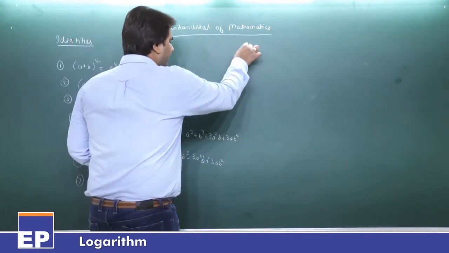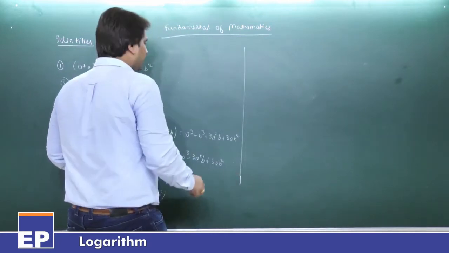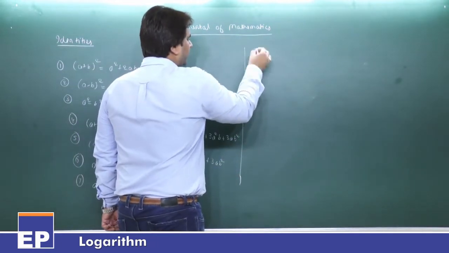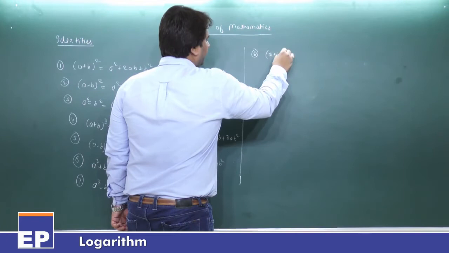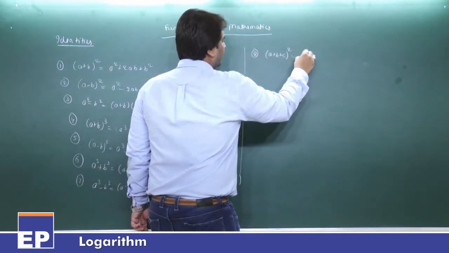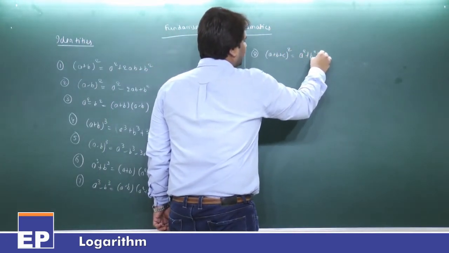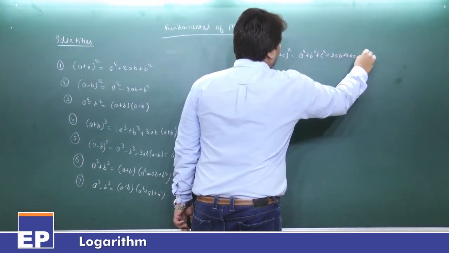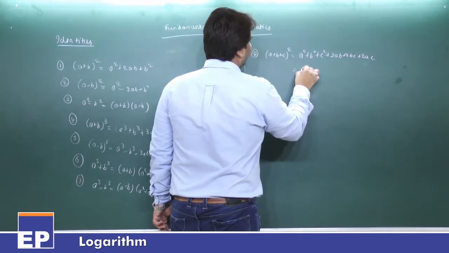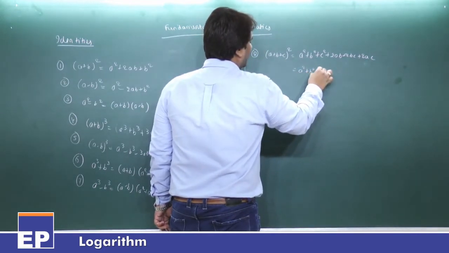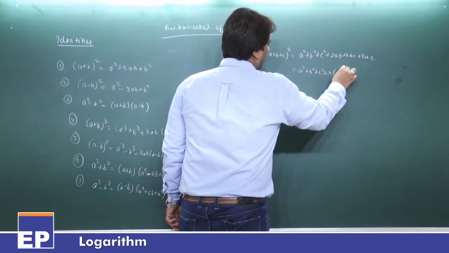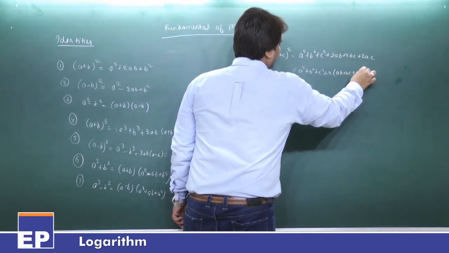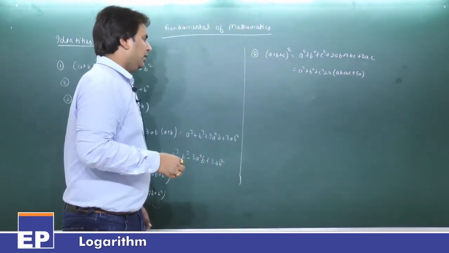Our next formula is formula number 8. The next formula is (a plus b plus c) whole square, which will be equal to a square plus b square plus c square plus twice ab plus twice bc plus twice ac, or we can write it like this: a square plus b square plus c square plus twice of (ab plus bc plus ca). Next formula,